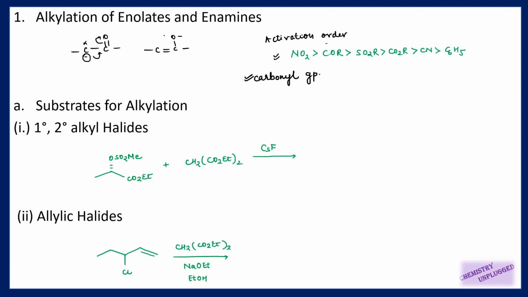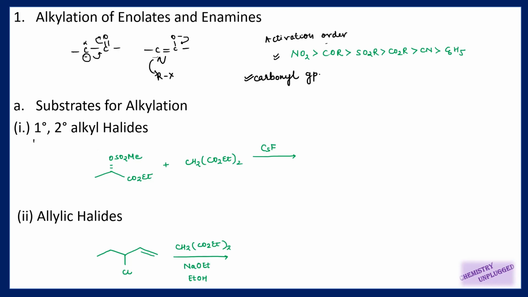Then if we are generating the enolate, we can do its alkylation. How? When the negative charge is on this carbon, we can do its alkylation using some alkyl halides, or we can use alkyl sulfonates. So this R group, which is our alkyl group, will attach to this carbon, right? We can have alkyl groups like 1 or 2 degree alkyl halides, or allylic halides, or aryl halides. So we will see how we can do the reactions using different halides or sulfonates.